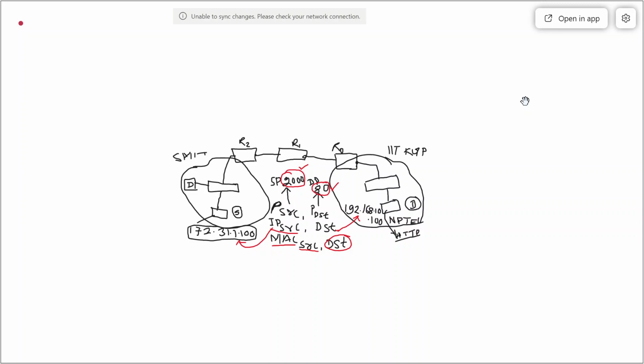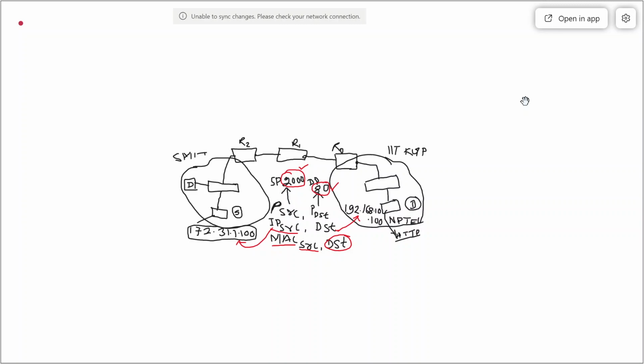But if you send an ARP request, I just wanted to give you some knowledge here. The ARP protocol runs and asks who is 192.168.10.100. Am I correct? Yes, sir.